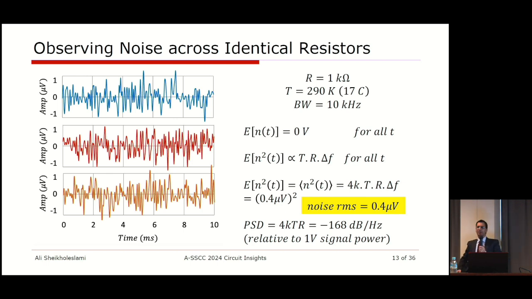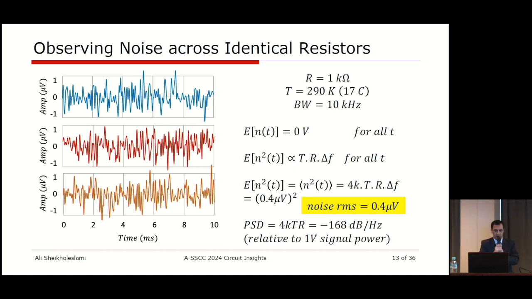Now, you may wonder what happens if I use a different resistor, but with the same value. So same 1 kilo ohm, you have two options. Either you just buy 10 or 100 resistors all at 1 kilo ohm, and you measure the noise across all of them, or you take the same resistor and measure it 10 times. You measure some now, some an hour from now, and then you look at the waveform. And it's interesting because the waveforms obviously look random. They're not identical, but they're random and they have the same properties.